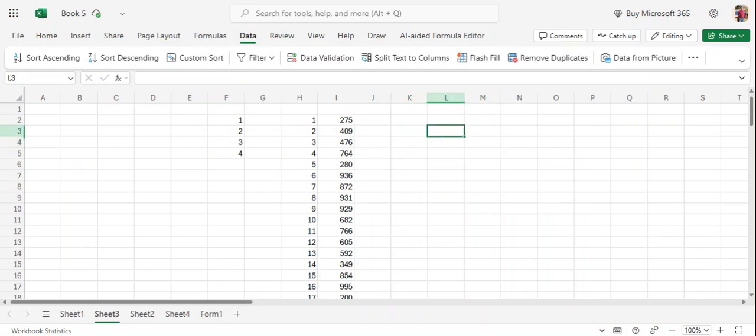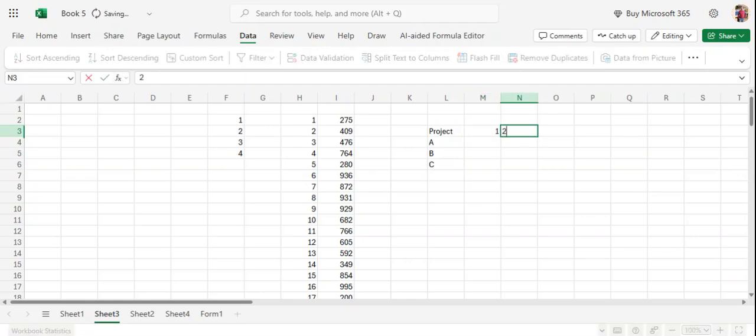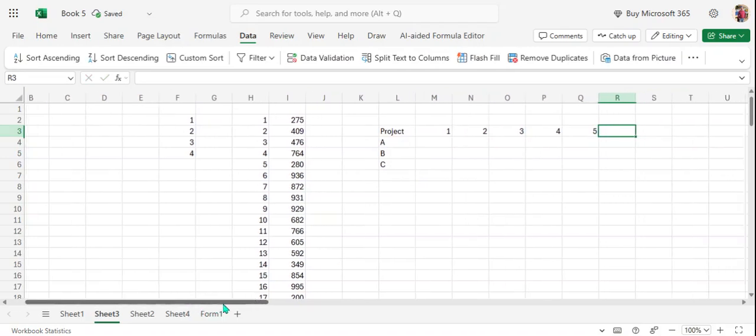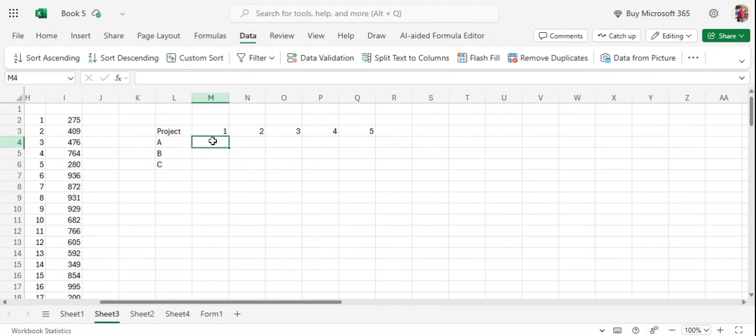Suppose we have the project here, A, B, and C. Okay, we have the project, and we have the week: 7 days, 6 days, 5 days, 5 days. Okay, so see, now I want to create the progress